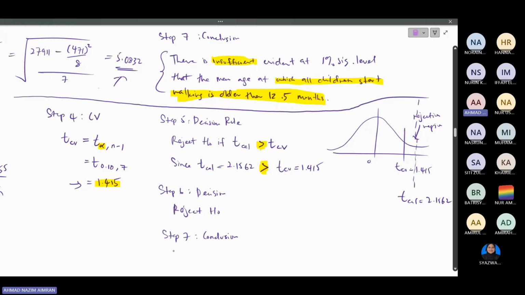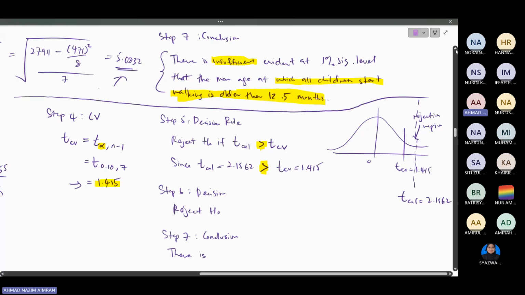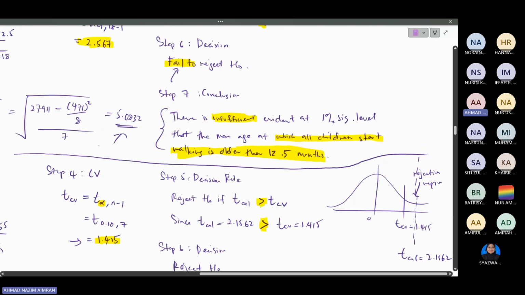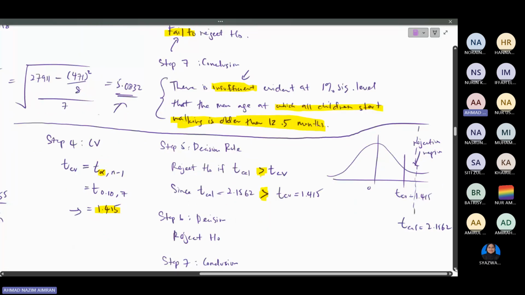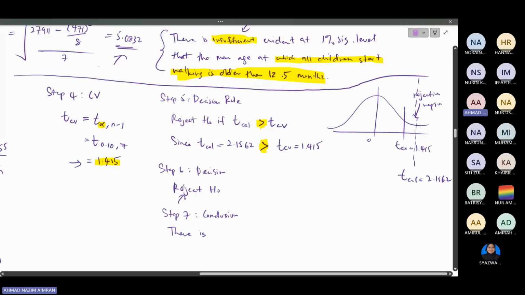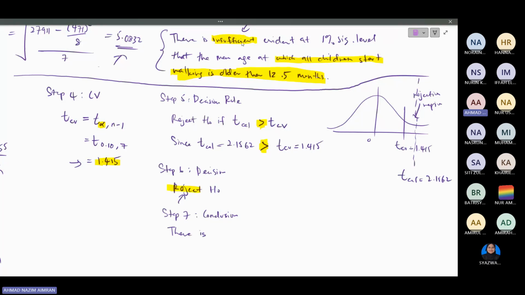So what you can write or conclude is there is sufficient or insufficient evidence. Remember, if fail to reject, insufficient. If reject H null, what we can conclude is sufficient evidence